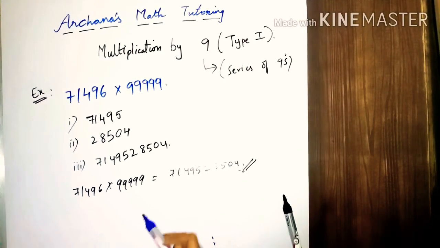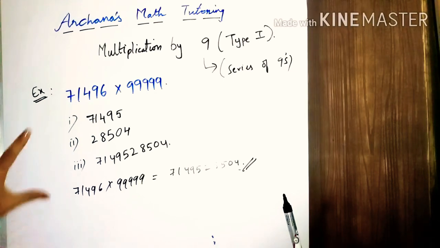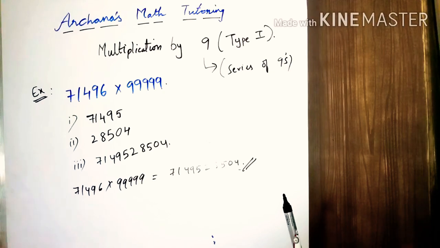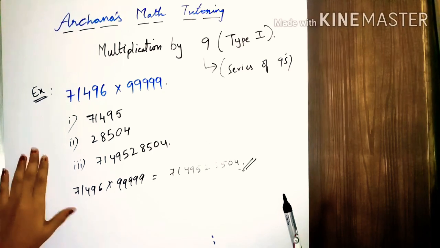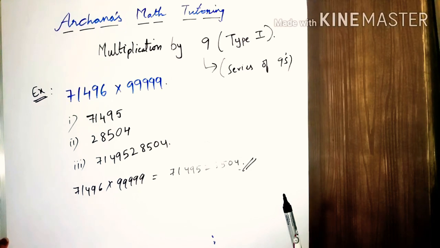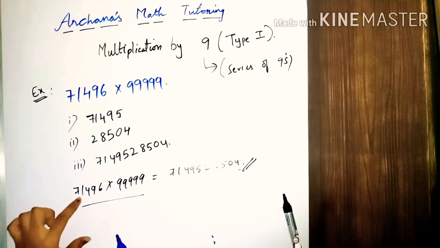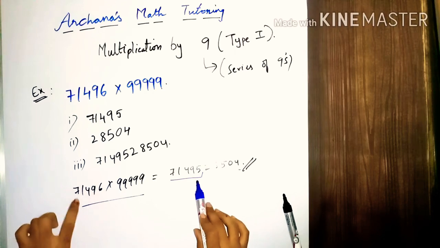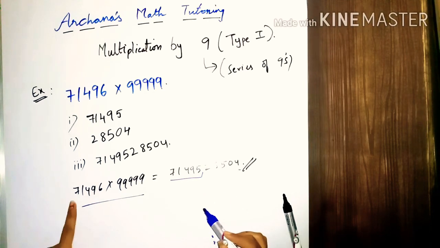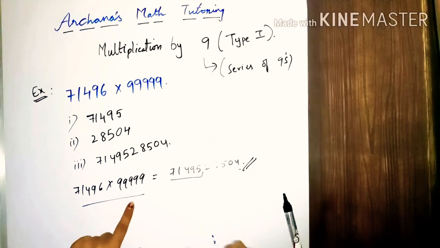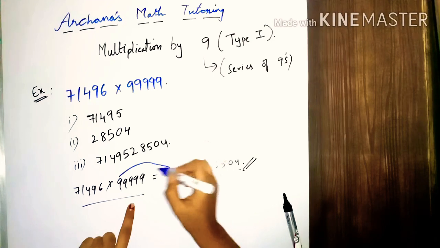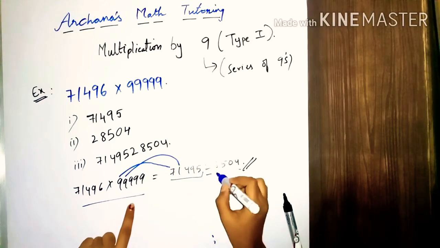You don't have to do all these steps, because as this is the first tutorial, I am explaining stepwise, but whenever you get habituated to these methods, you will simply get it by seeing. So what do you do whenever you are given something like this? Simply subtract 1 from the number and write it here. So till here you will get the answer 71495 after subtracting 1. Now the next step is subtracting this number from all 9s. So first is 9 minus 7, you will get a 2. Then 9 minus 1, you will get 8.